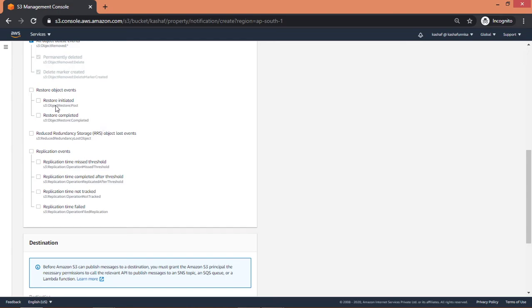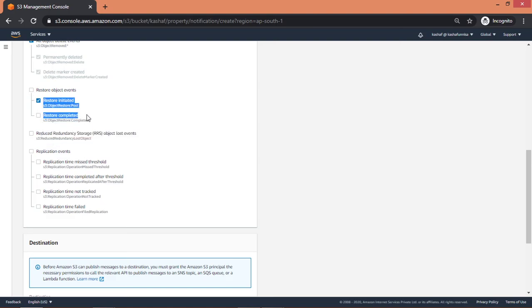For restore there are two options: restore initiated, for example from Amazon Glacier, if some restoration is initiated and you want to be notified, you can select this event. When restoration is completed, you can select this, and if you want to be notified for both, you can select any one or all.